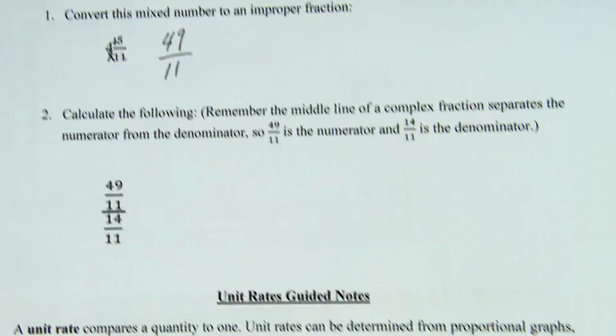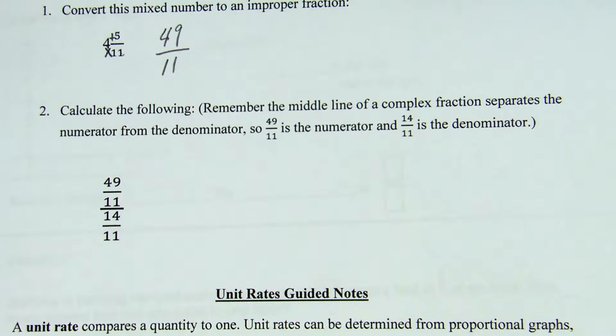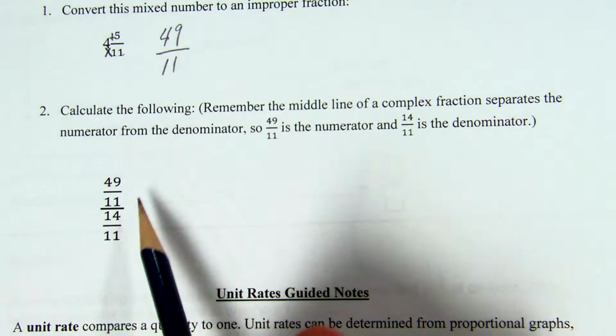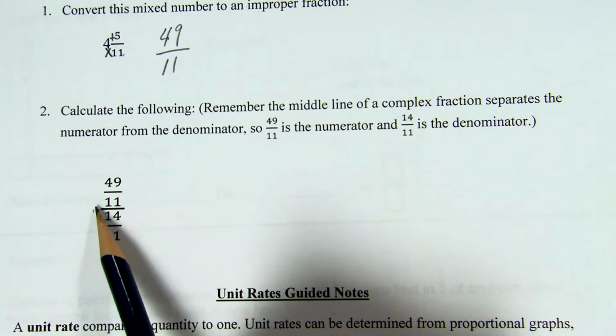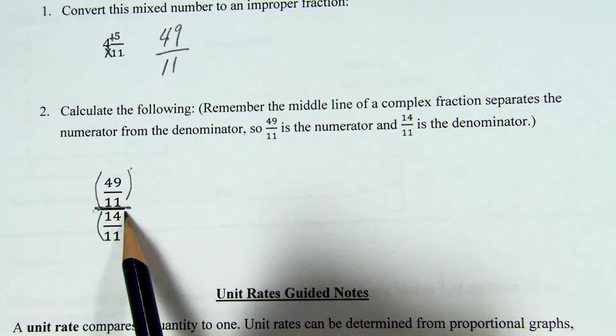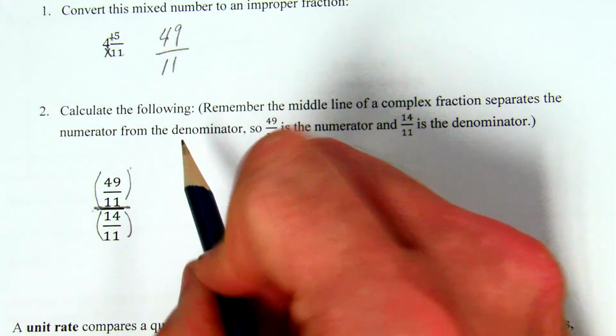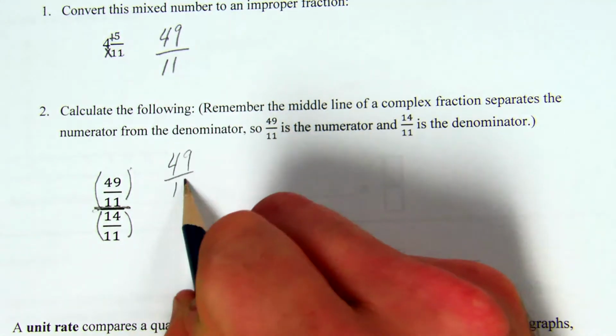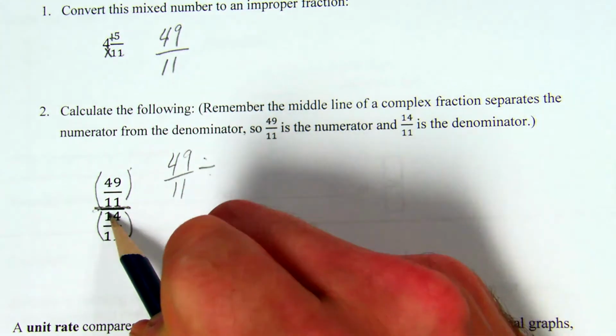We're going to use that skill later on when we deal with complex fractions in this lesson. We have a complex fraction as our second problem of the day. Now, a complex fraction basically is just a fraction over a fraction. In this case, what I find extremely helpful to do first is identify the middle bar of the complex fraction, because that separates the numerator from the denominator, what's acting as the numerator and the denominator here. So it's actually dead center in this one. So we're going to put parentheses around that, so that way I know this is the entire numerator, this 49 over 11. And then I'm going to divide it by,